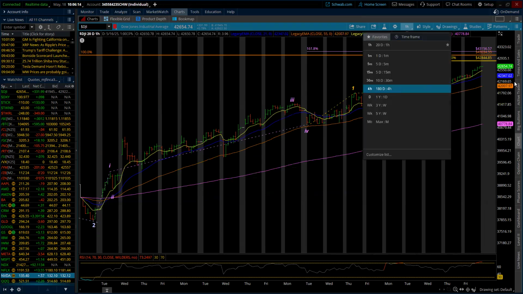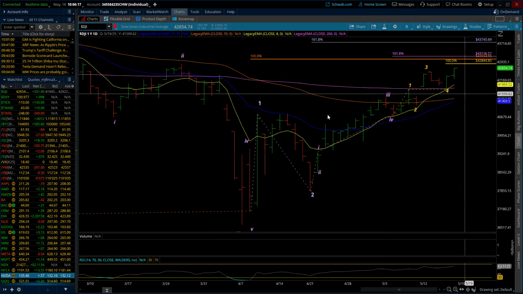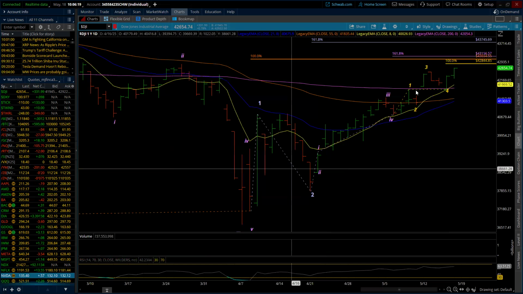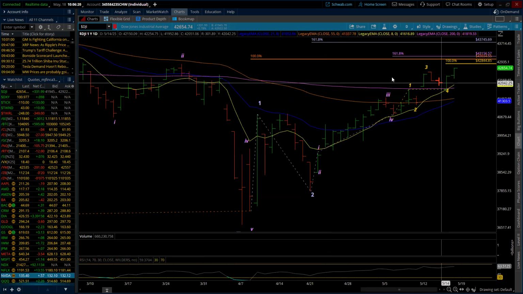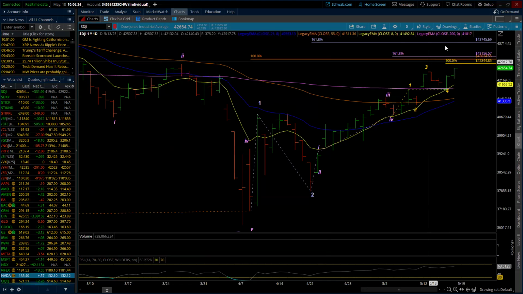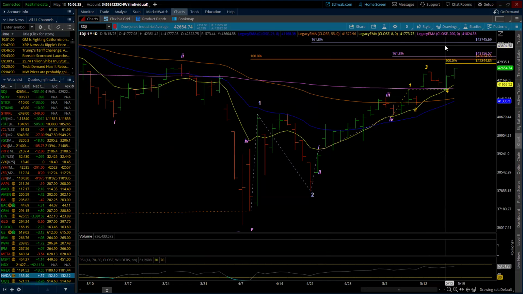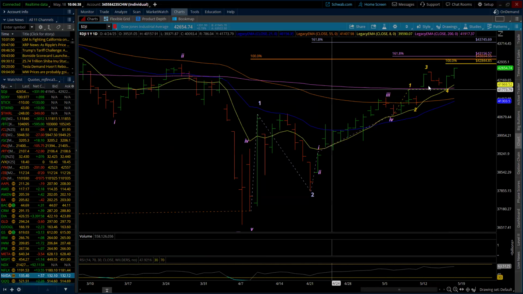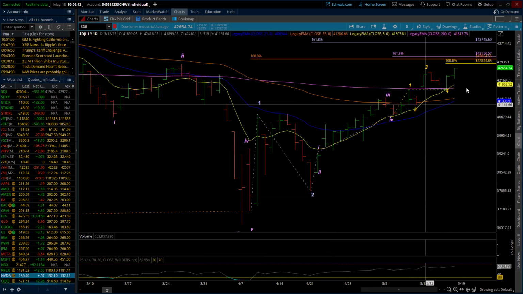Taking it back out, and let's take a look at the daily. They're all still in alignment. You can see these have been pretty powerful rallies. But yeah, look at that daily 200. It's still flat. I'm finding this incredible that we're getting ready to kind of poke our nose into new all-time high territory, and we have a 200 that just cannot get off the mark. We have the 50 that is now turning higher.